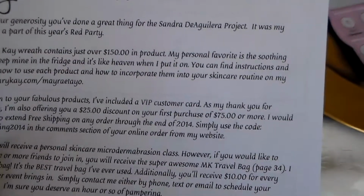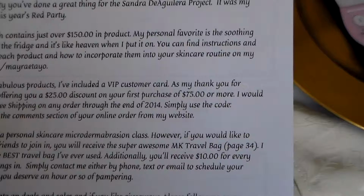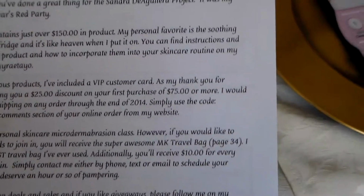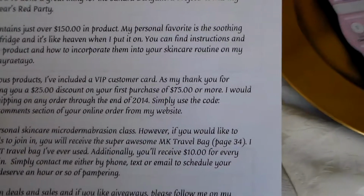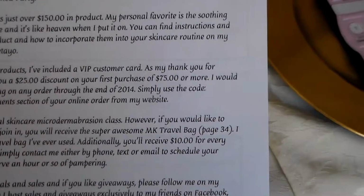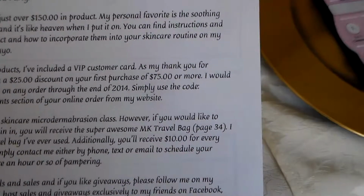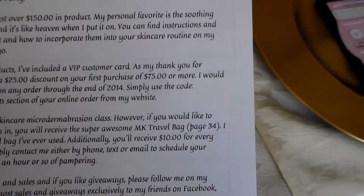It was my honor to be part of this year's Red Party. Your Mary Kay wreath contains just over $150 in product. My personal favorite is the Soothing Eye Gel. I keep mine in the fridge, and it's like heaven when I put it on. You can find instructions and videos on how to use each product and how to incorporate them into your skincare routine on my website,